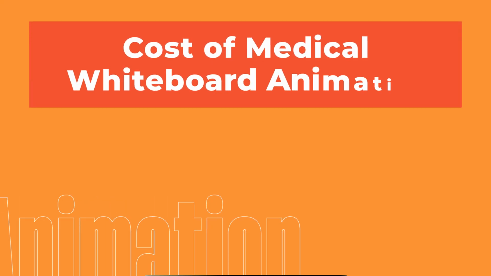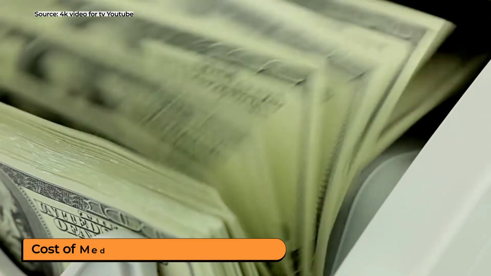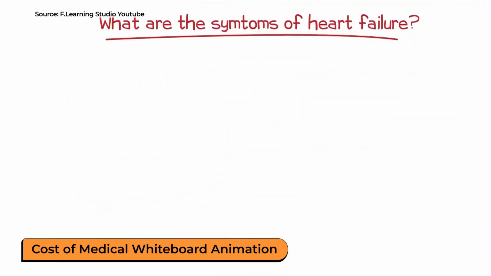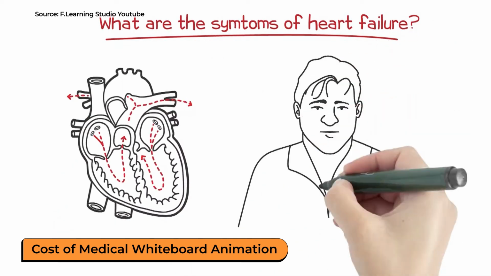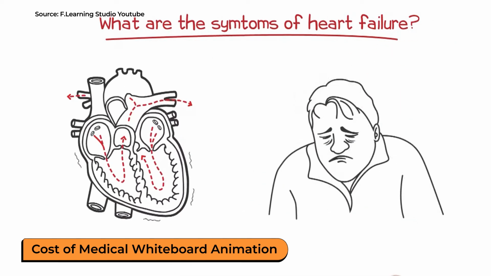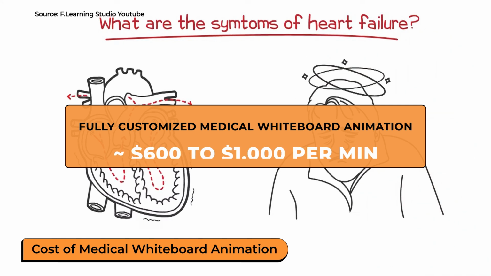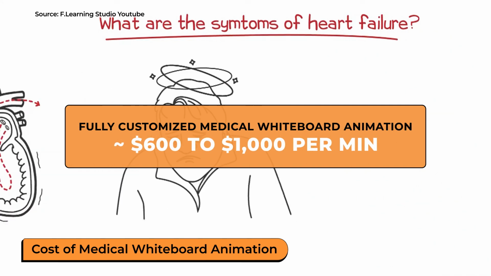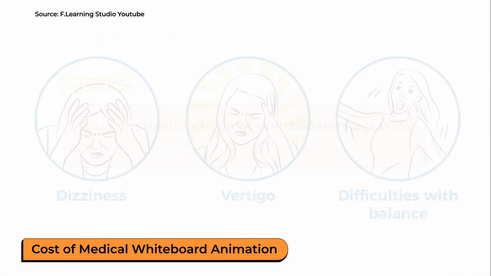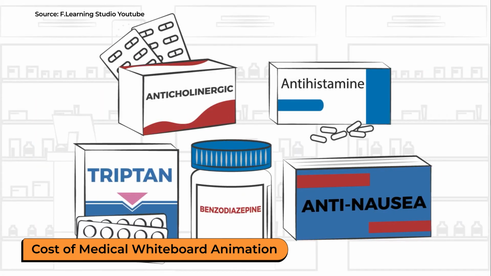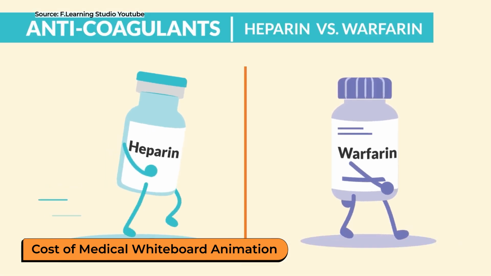Now, let's talk about cost, because that's the question everyone asks. Compared with other animation styles, whiteboard animation is one of the most budget-friendly ways to create professional medical explainer videos. A fully customized medical whiteboard animation typically ranges from about $600 to $1,000 per minute, depending on the level of detail and motion involved. That includes the concept, illustrations, and animation, everything you need to bring complex science to life